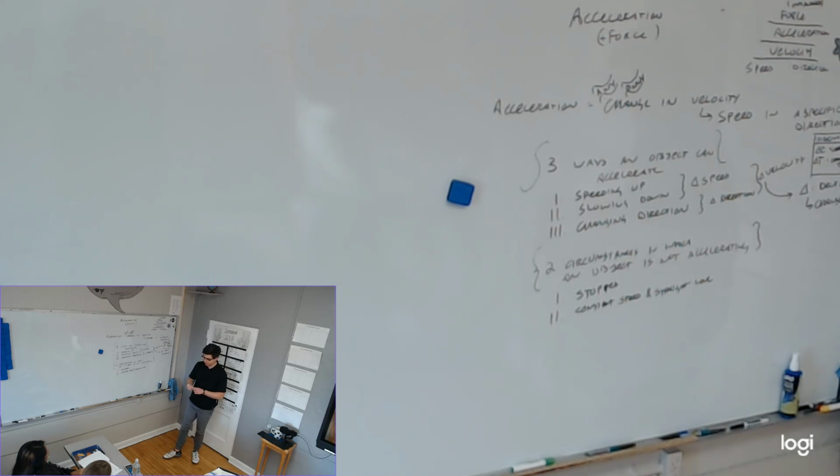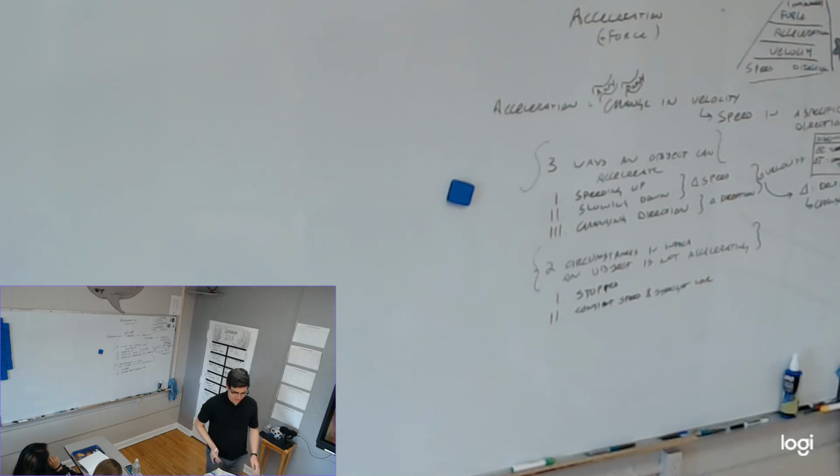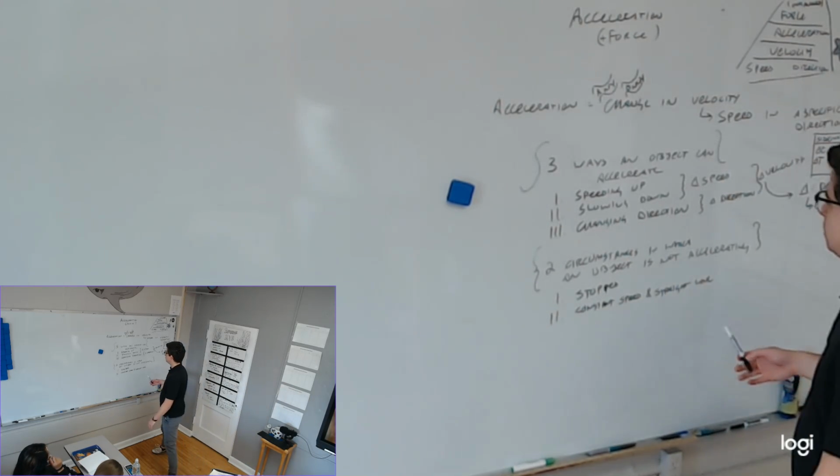Okay, now here I told you. Here's how you can tell. This little pyramid of physics is how you can tell if something has a force applied, because it has an acceleration, because it's changing velocity, because one of these two is changing. But because you're an animal and you have these instincts, you can feel when you're accelerating. I can feel nature. So think about this.